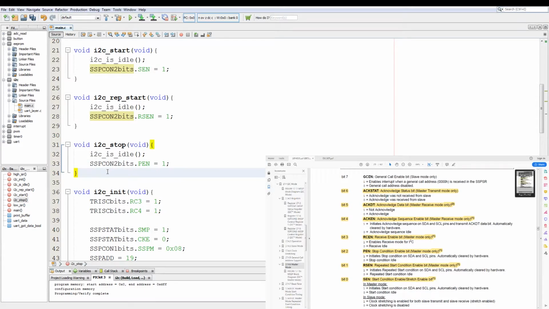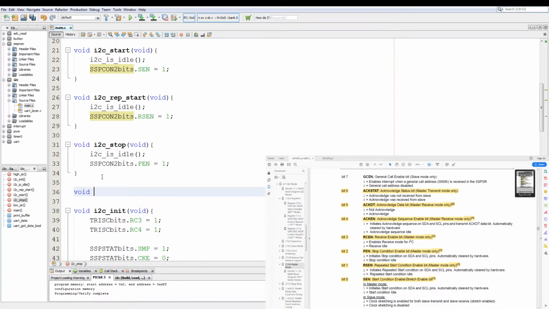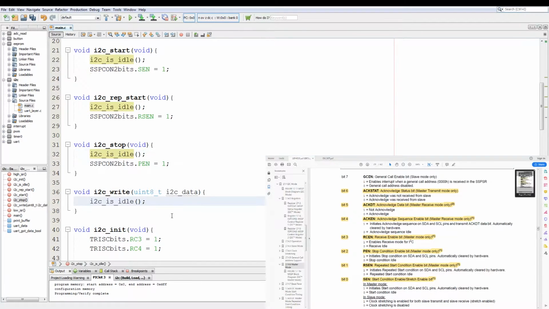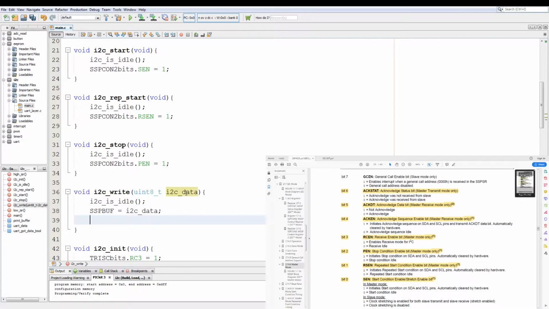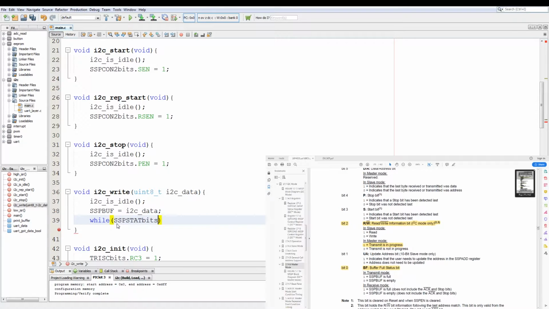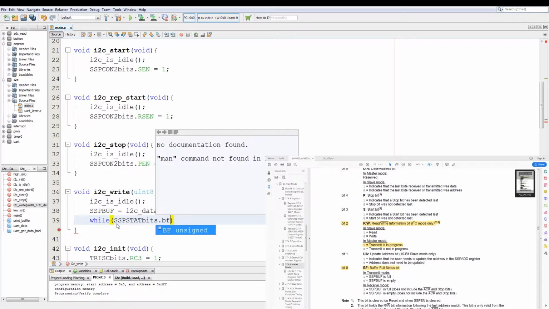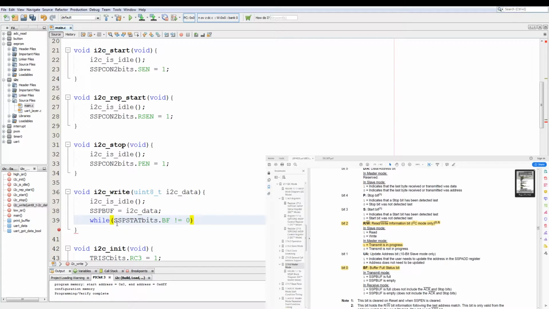Then we do a function for the I2C write, which is void I2C_write. We pass it a uint8 I2C_data, and we start again. Bus is idle. Then we say SSPBUF equals I2C_data. Then we have our checks, which is while SSPSTAT bits member BF is not equal to 0.